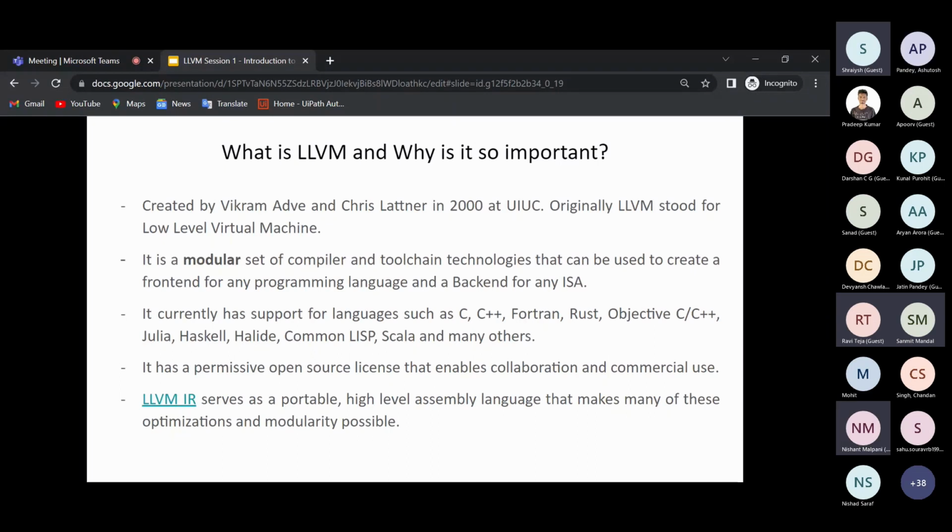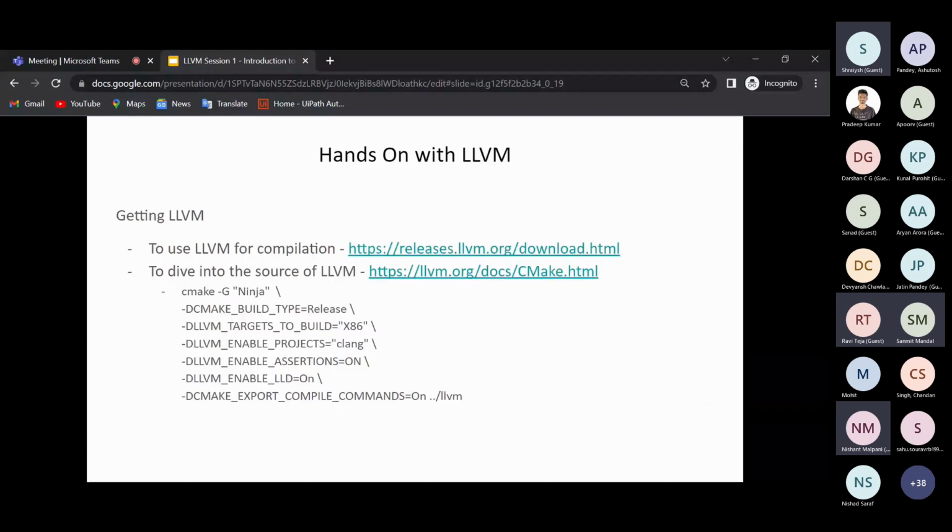All right. As Ashutosh has covered what LLVM is and why it is important, now let's dive into how it works, what these front end, middle and back end mean, and how you can see it in action. Working on LLVM, you can have two kinds of work. First, you use LLVM and its infrastructure, the multitude of things it provides, in your external project. The other is to dive into the source code of LLVM and do something with the project, like implement some new optimizations or add some language features.